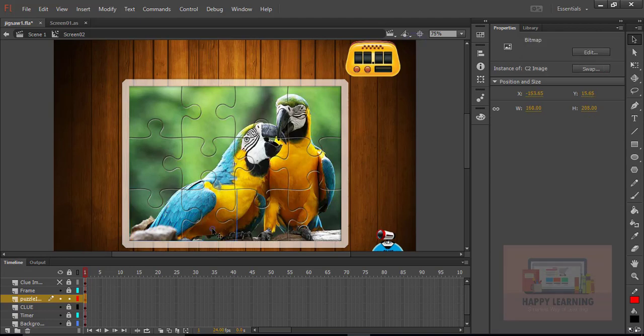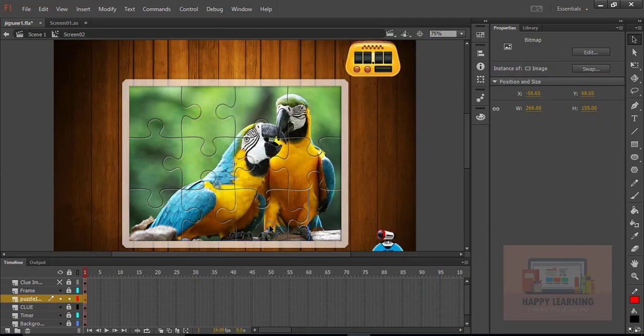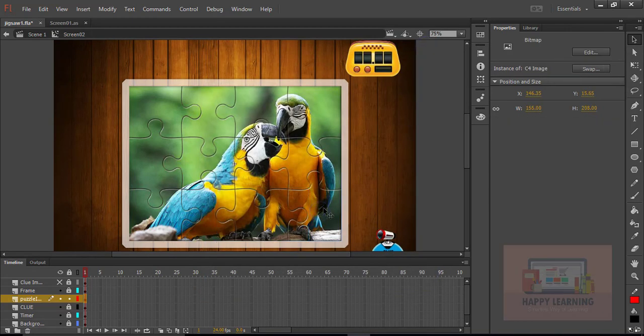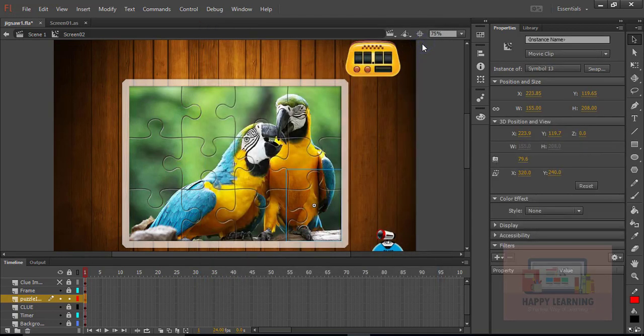Select image, right click, convert to symbol, and just click OK, going with the default name. Select the image, convert to symbol, click OK. Alright, all the images are converted into symbols now. We have a total of 12 symbols with us,